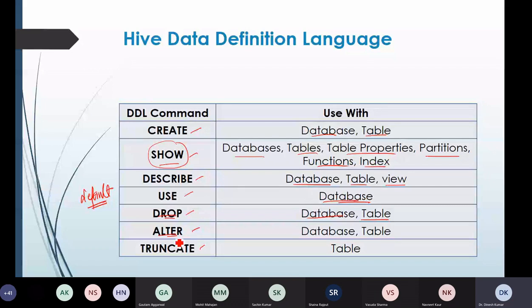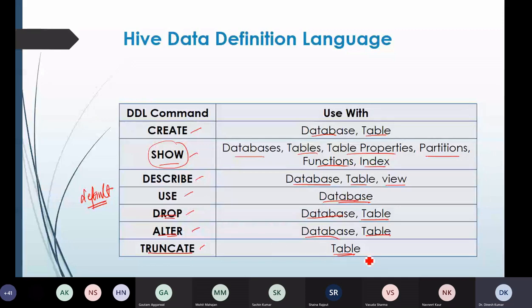It is again applicable on databases and tables. Then the truncate command is used on the table only. It is used to delete all the rows, or the data, from the table. Because our database does not have any data itself, the tables hold the data, so the truncate command will be applicable only on tables, not on databases.